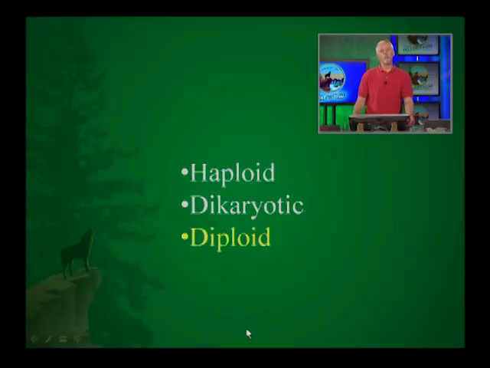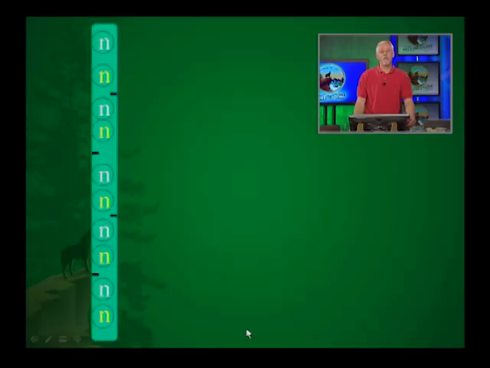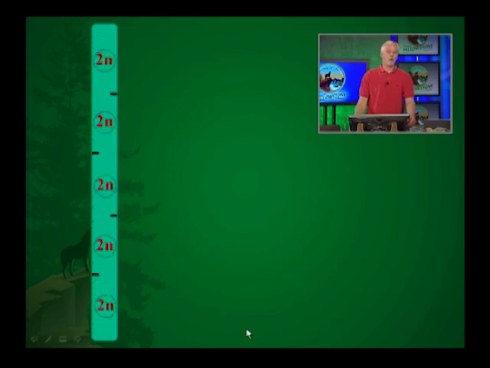And then our third condition would be diploid. So we do find fungi that are diploid. So if those two dikaryotic nuclei fuse together, we now have truly diploid nuclei, a single nucleus that has two sets of chromosomes. So again, if you have a dikaryotic hypha, under certain conditions, those nuclei will fuse together, and then you have a diploid hyphae.